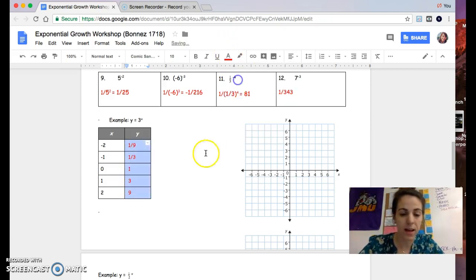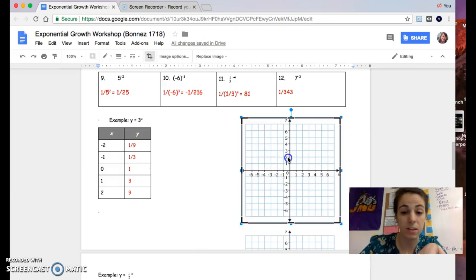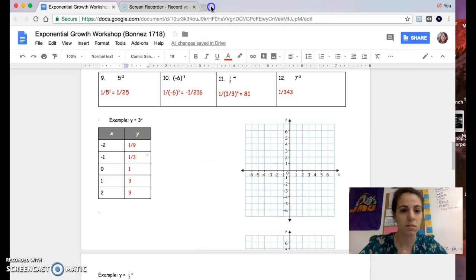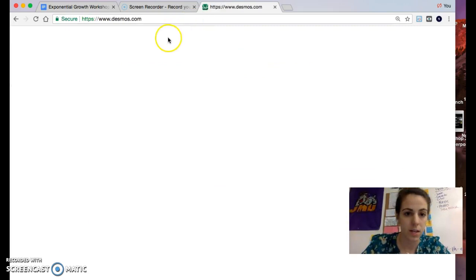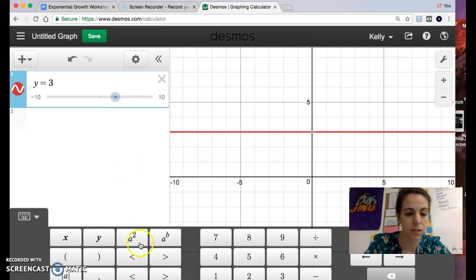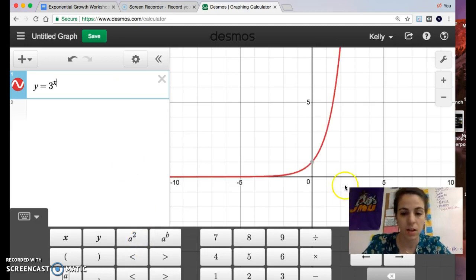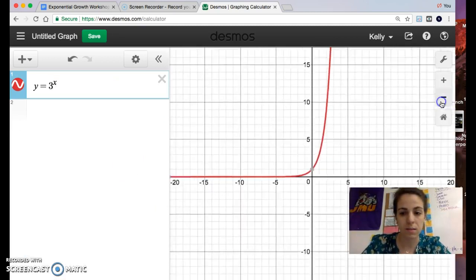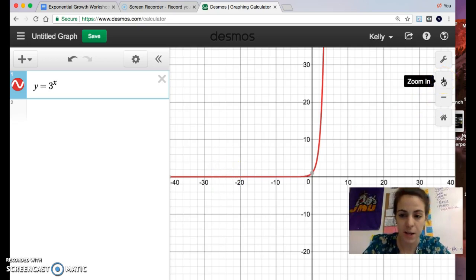And if you graph this, I can't show you what it looks like on this graph, but what I can do is go to Desmos and talk you through what you should see. Y equals 3 to the power of x. Now notice that we have this exponential growth happening here, and you'll see that if you follow along to the left, this red line looks like it's touching the x-axis. However, it's never touching the x-axis, because the more negative that exponent gets,